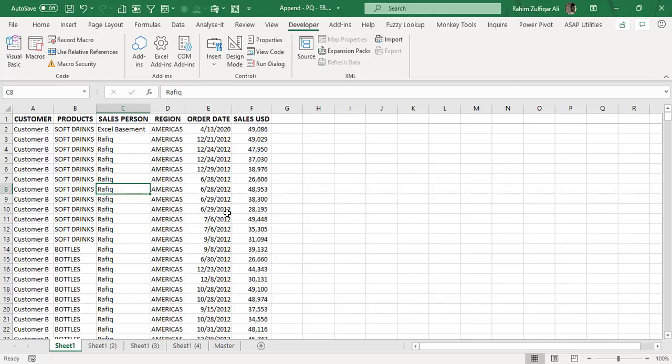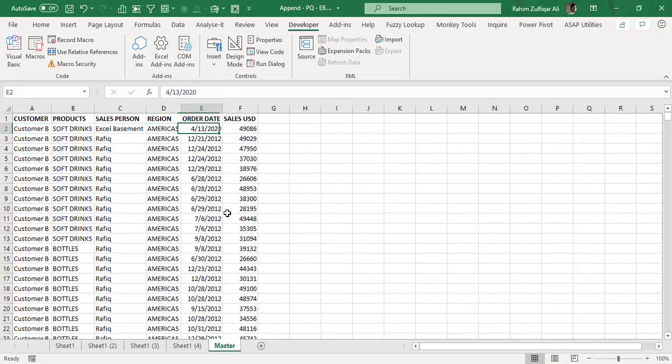Now what happens if I make some changes in the original data? For example, the first entry, the amount is sales 49,086. If I change it to 1 lakh and go back to my appended new sheet, it is not a live or linked sheet that will change your data. So you need to run the macro again, which will just take 10 or 15 seconds. That's it. It does not matter, because this macro is not live connected with a data source where it gets data and appends that data.